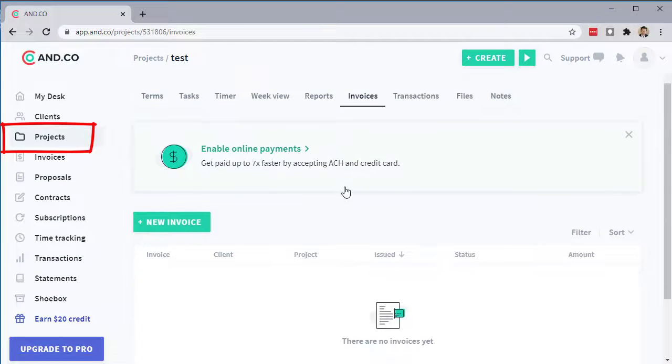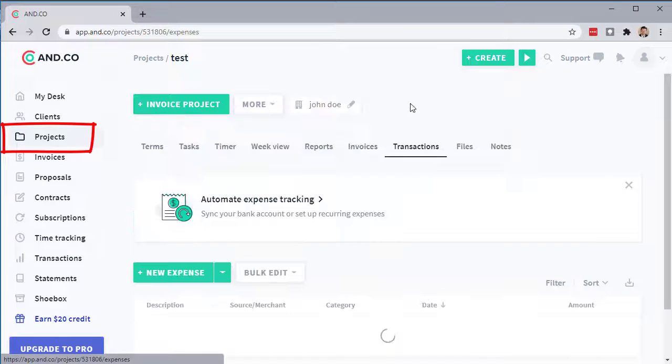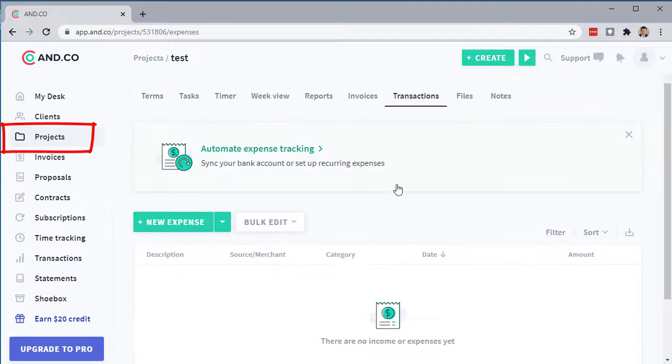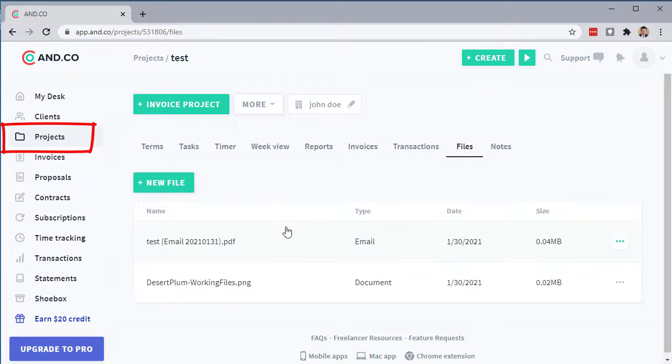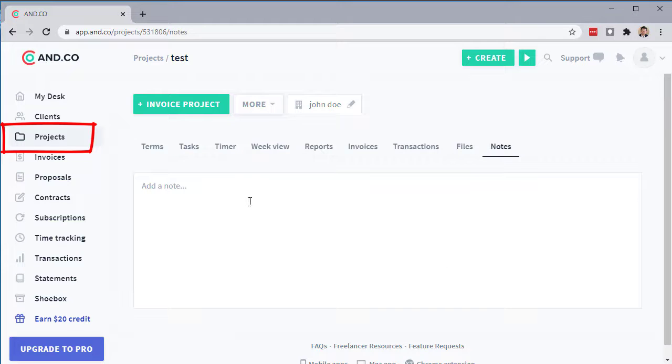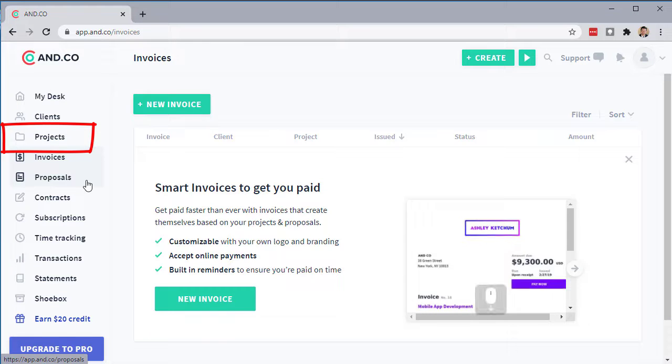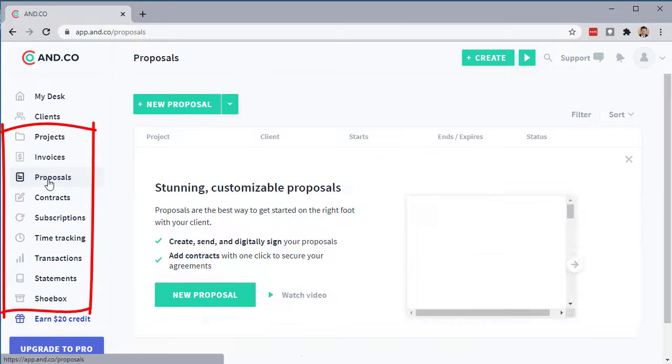Invoices. What outstanding invoices do they have? Do you need to send them a new invoice? Different transactions. And you can have files associated with this project. And then of course there's notes. And then you can of course see everything that is up in the menu for each project. You can also see those things on the left side. Okay, so here would be all of your invoices, your proposals,